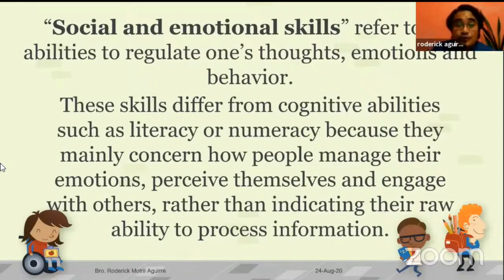Although there are a lot of researchers doing that right now, until now, it's still a process of quantifying social emotional skills. I think Stanford University is doing a thorough research on this, but the research is still ongoing. Nonetheless, social and emotional skills are still called soft skills or people skills, how we deal with other people, or can also be considered as learning emotion or EQ or emotional intelligence. But emotional intelligence is only one of the skills of social emotional skills. Metacognition, regulating one's emotions, or also known as emotional intelligence, is only one skill of social emotional skills, right?